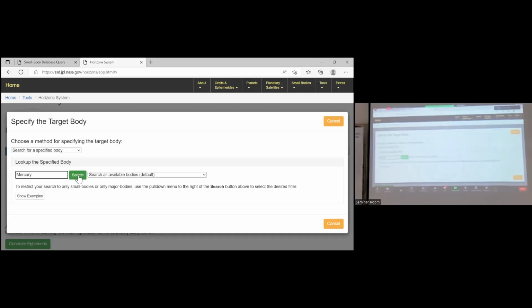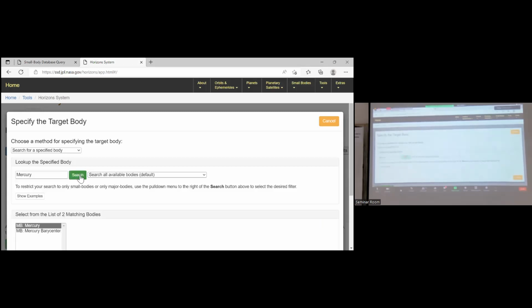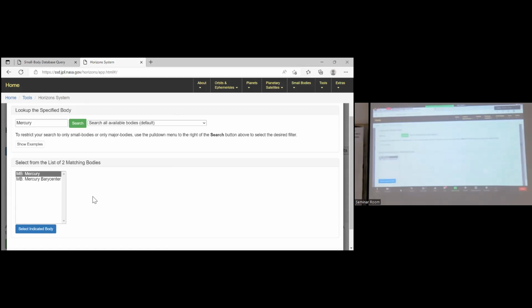Okay. Search. Is there any more Mercury? No. Yes, there are two. You had better choose Mercury barycenter for accurate values.